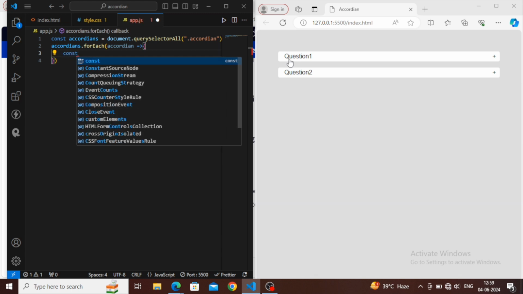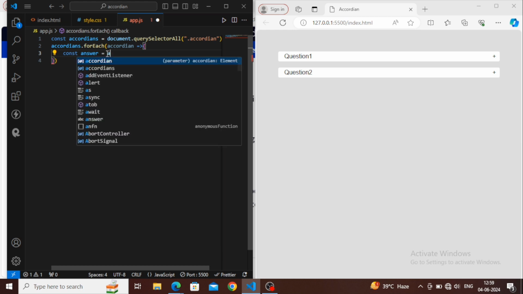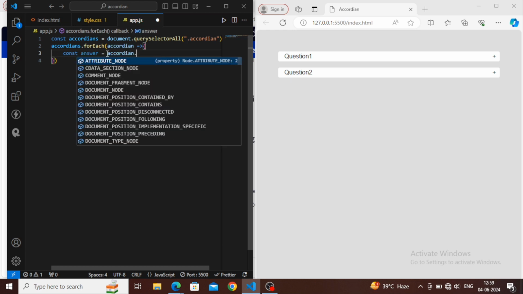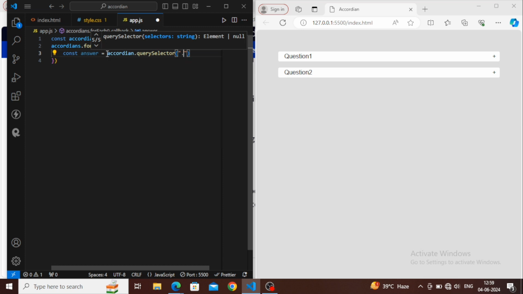We will take const answer, and inside this answer we could take document dot querySelector, but we will not, because in that case we could get the reference of any of the questions. Instead we will use accordion dot querySelector, and inside this we will pass the name of the class, and that is answer.